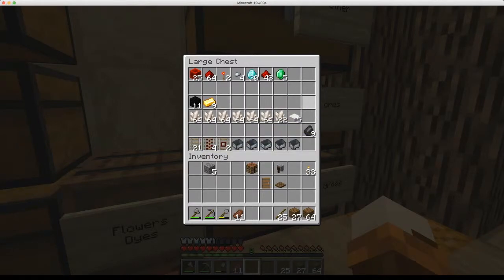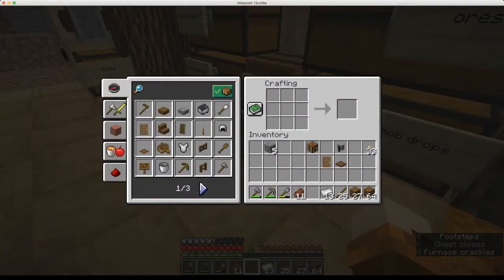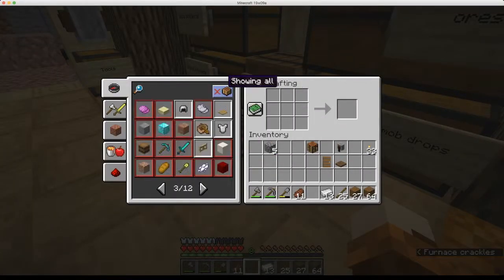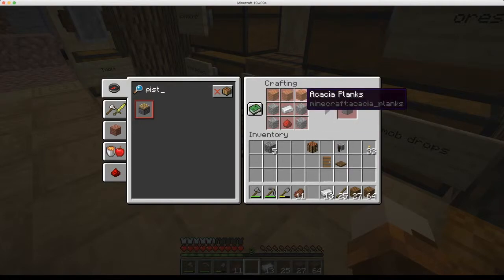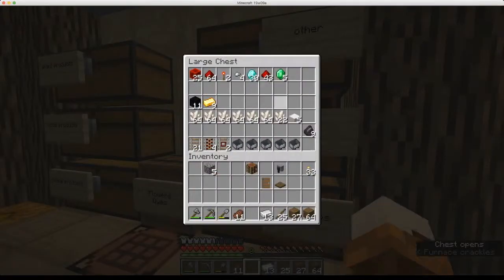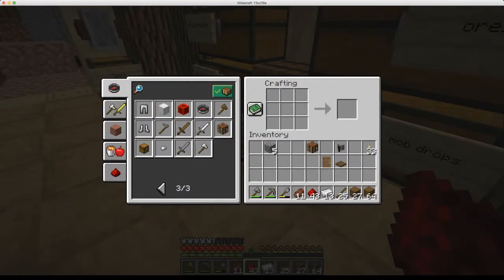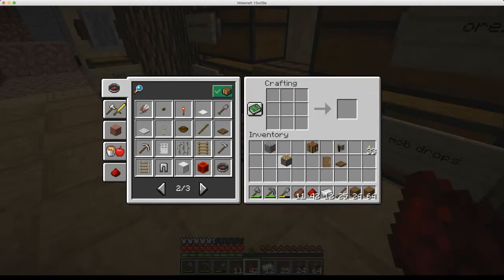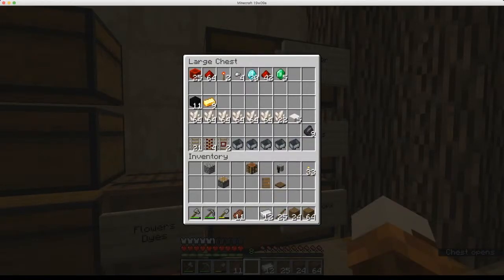What did I need? I needed a piston. Just puttering around, opening stuff up, taking stuff out. How do I even make a piston? I am going to need a sticky piston. Redstone. I don't have any slime to make a sticky piston, so I won't be able to do the fancy sorter thing to get them out at the end. I'm going to have to manually do that for a while until I find